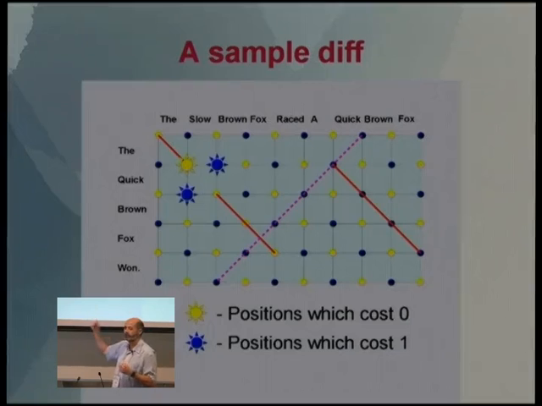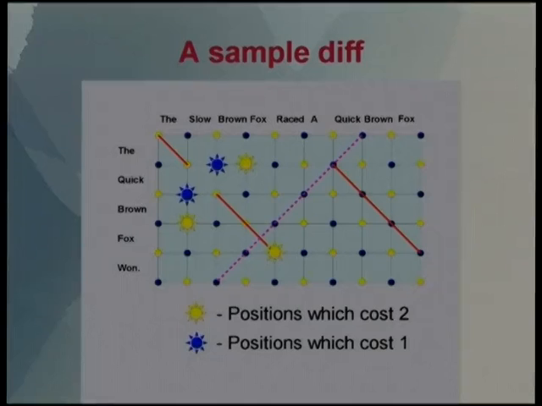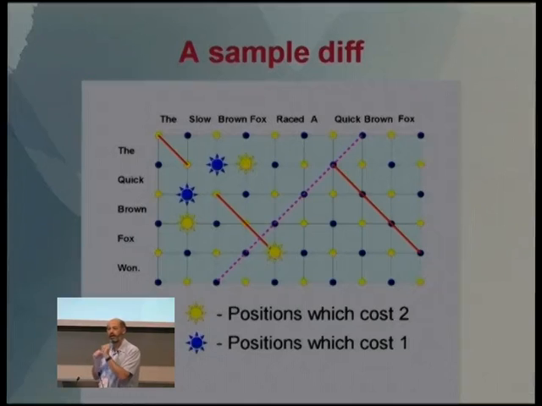And to find points where the cost is 1, we start with the 0 cost points and just go down and across. And we get the 2 blue stars that are down and across. And those are the only 2 possible points with the cost of 1. And then we step forward. And you see now we've moved the yellow stars just after the blue stars, just to the left. So from a blue star you go just to the left and just down. And those are where all the new yellow stars go.